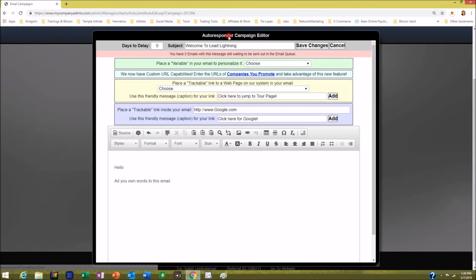And then add in a variable to personalize it. Hello first name here. And there you go. And then write your main body. And you can add in any kind of pages. You can create links that will link people to web pages that exist in the Power Lead system, Lead Lightning